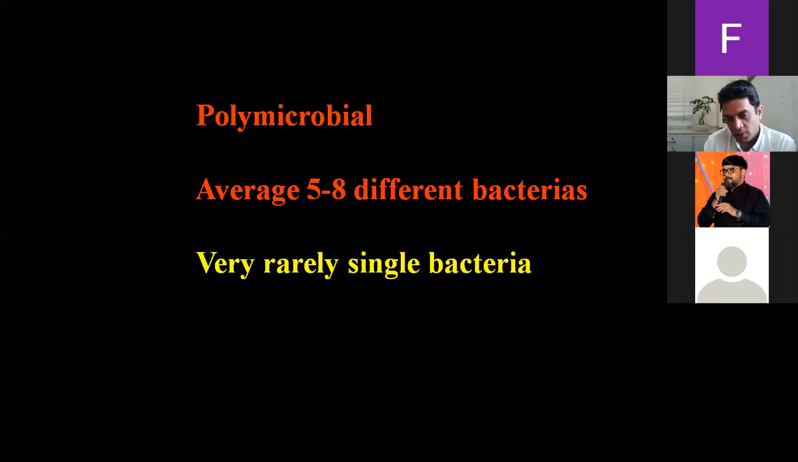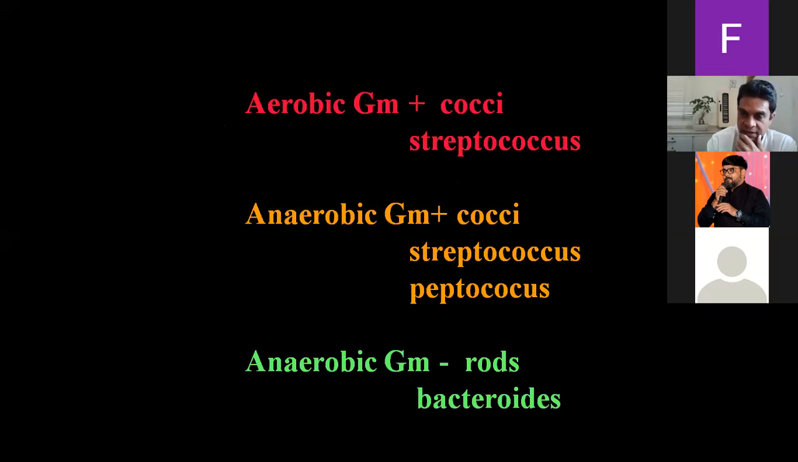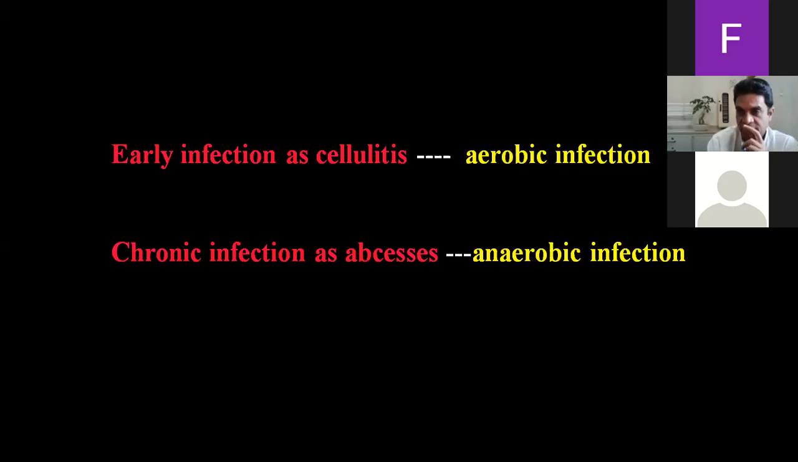When we talk about space infections, usually they are polymicrobial infections. There can be aerobic infections and anaerobic infections. We know that mostly it is streptococcus, along with some bacteroides, and anaerobic infections are there. In the initial stage of infection, when there is a cellulitis stage, it is mostly aerobic infection, and gradually when the anaerobic environment